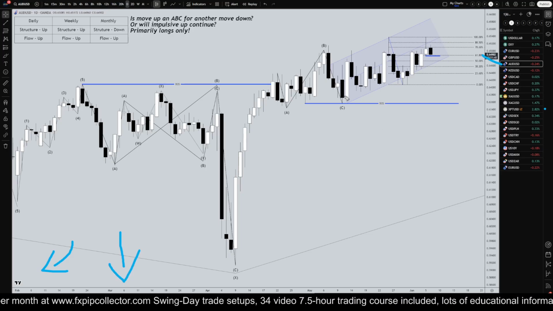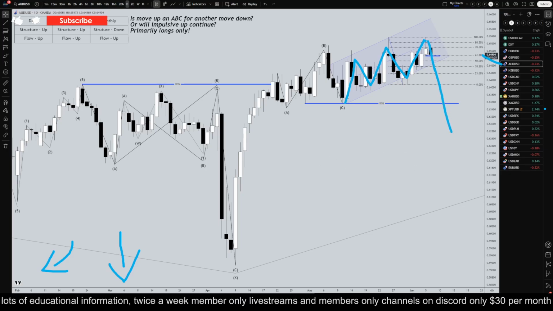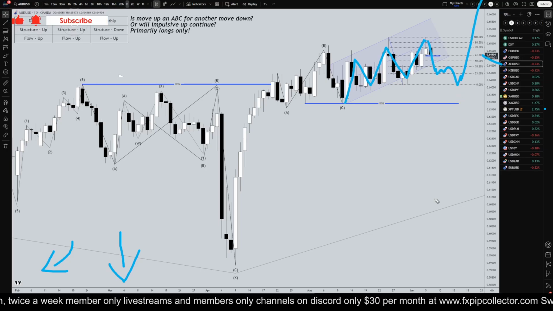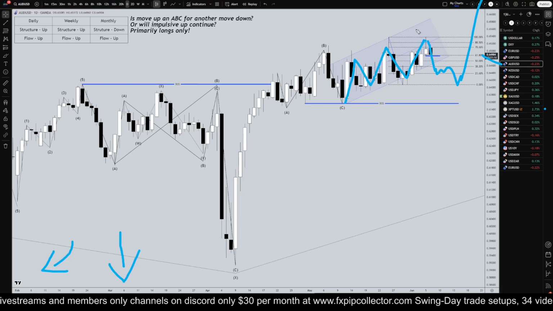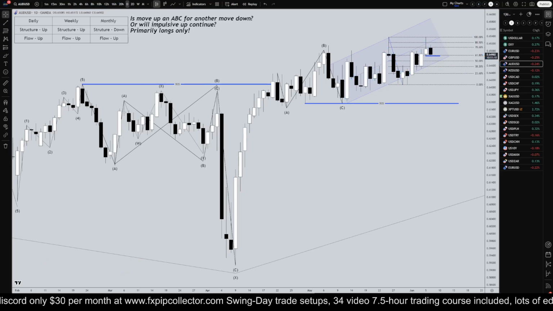So on the Aussie dollar, we definitely do have what looks like a pretty decent five-wave move up. The market likes to move in five-wave and three-wave patterns, so I think there is a very good chance that today's non-farm payroll news will cause a move down. The question is whether this move down is going to be a big impulsive move like that, or whether it's going to be a smaller corrective move like this, and then next week sometime we end up continuing the uptrend. I think it's more likely going to make a crescent to the five waves, and then sometime next week we'll end up continuing up, basically because the higher time frames are definitely still in an uptrend.